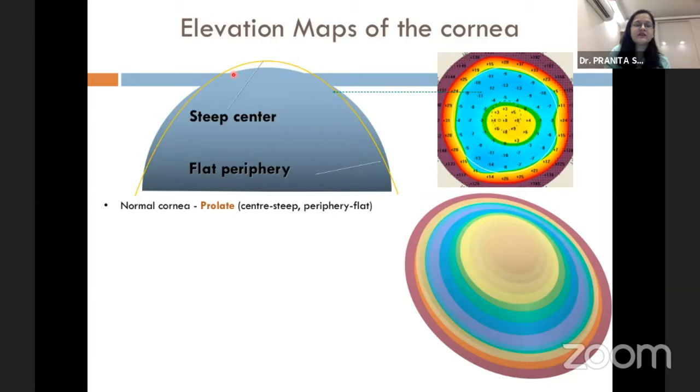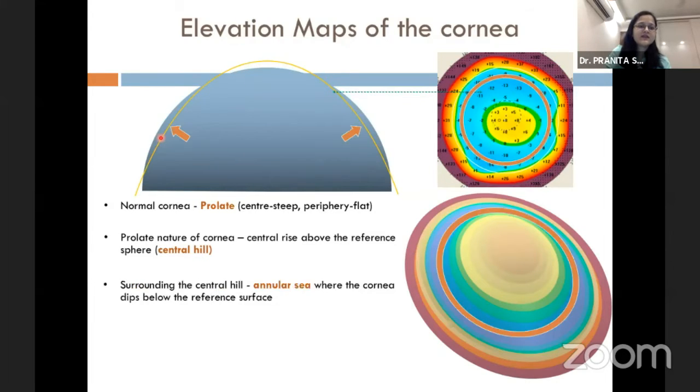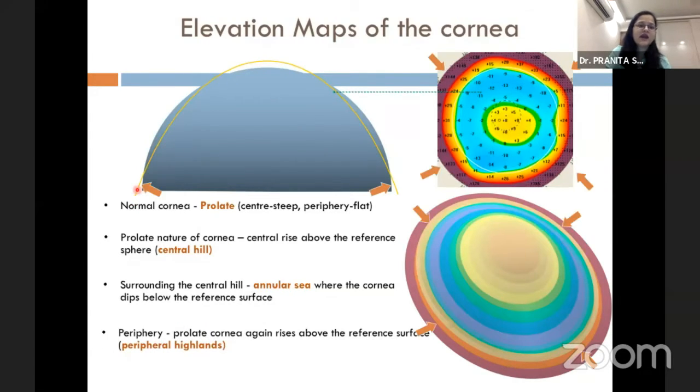We can see here in a normal patient, as we discussed, the center is steep and the periphery is flat. So the center part is raised above the patient's best fit sphere, in the mid peripheral part it is flatter compared to the best fit sphere, and in the extreme periphery, again, it is steeper than the best fit sphere.